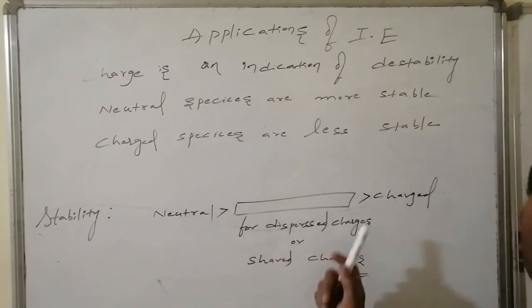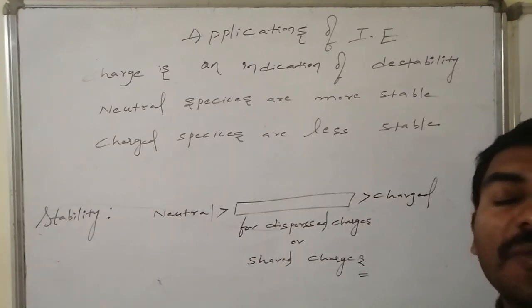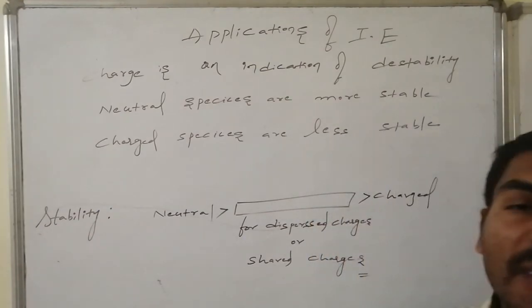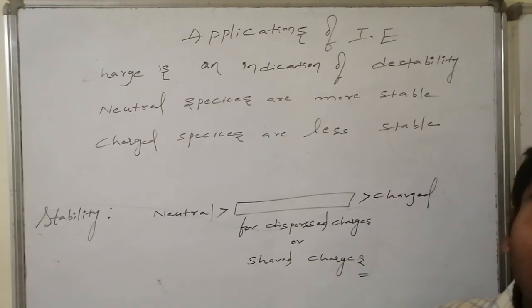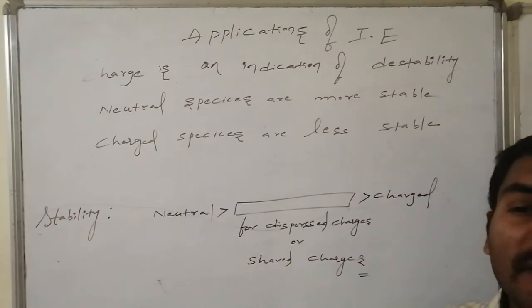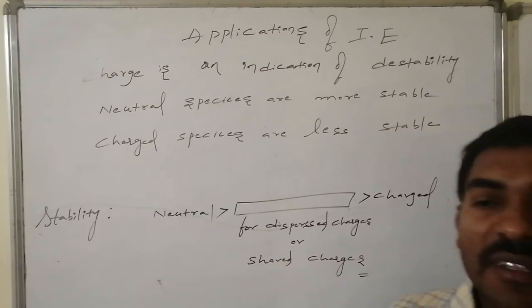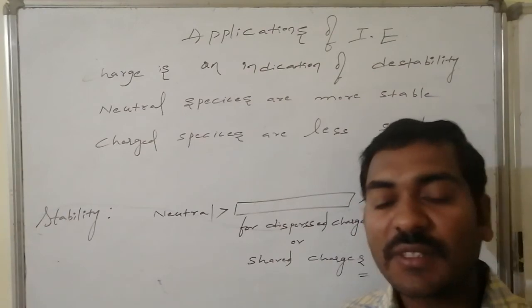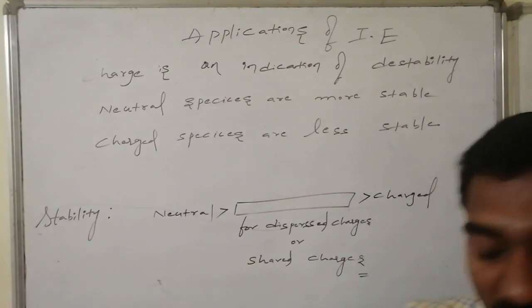Now these are distributed charges, charges distributed between many atoms. The same quantity of charge, if distributed on more than one atom, means the average charge present on each atom goes on decreasing. As a result, its stability is relatively increasing. That's why the inductive effect plays a major role in deciding many of the reactivity features, with respect to their nature, by their positive inductive effect as well as negative inductive effect.